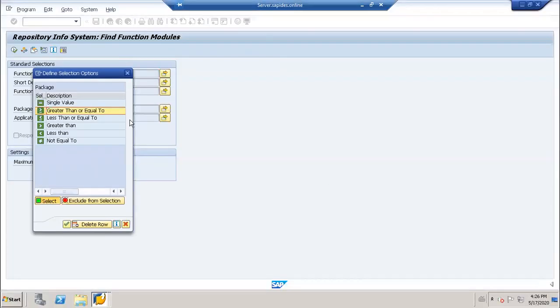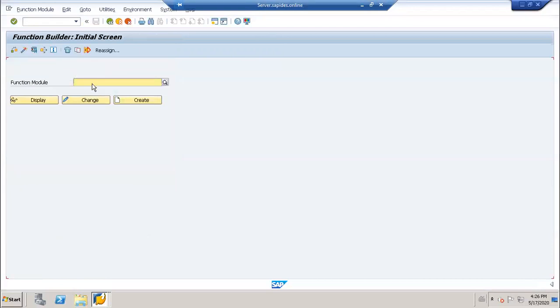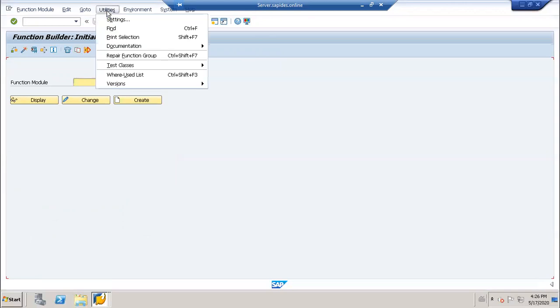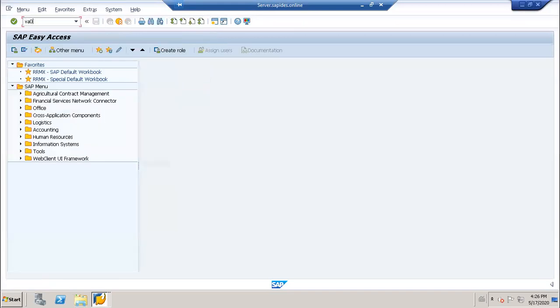You have to go back. There is the function module, and there is Utilities, find. Here you have to give a package name. How to find a package name for a particular transaction code? Suppose I'm going to VA01.